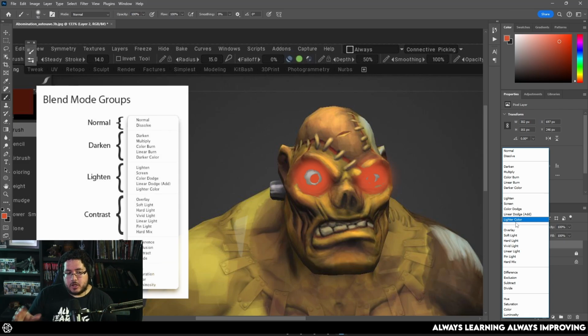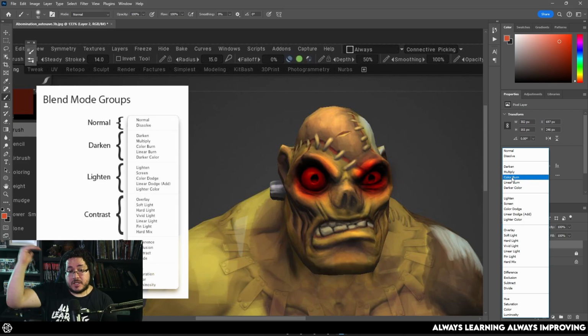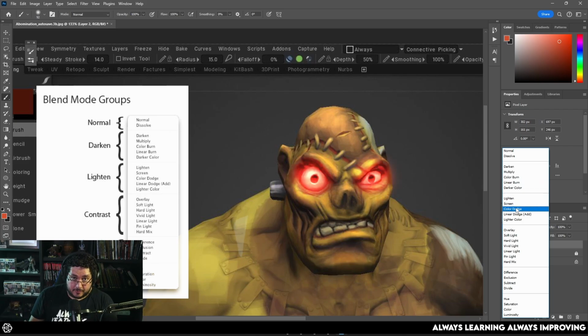So the Darken and the Lighten groups are the ones that you will normally use when you want to keep the math very simple. Do you want to burn things? You want to bring things down? You will use things like Darken, Multiply, Color Burn. Do you want to push things up, bring them up in terms of light and brightness? Color Dodge, Screen, Lighten, Linear Dodge. All of this will push things to the upper side, towards the lights, okay?